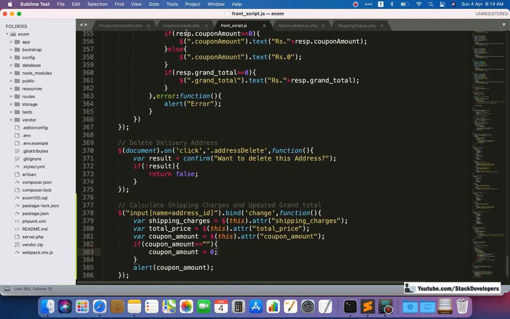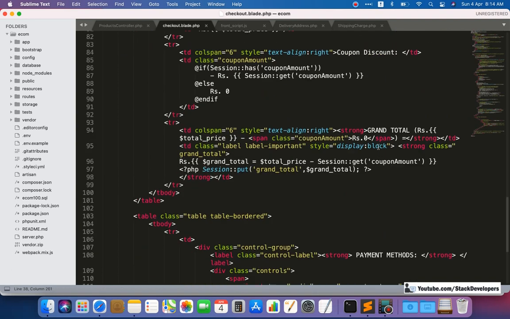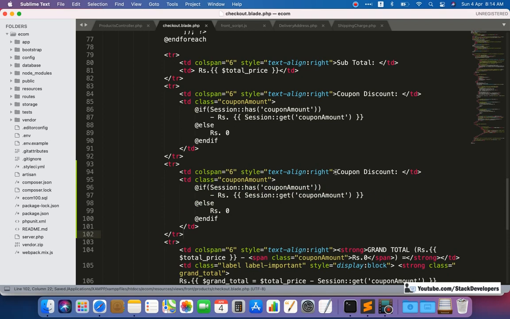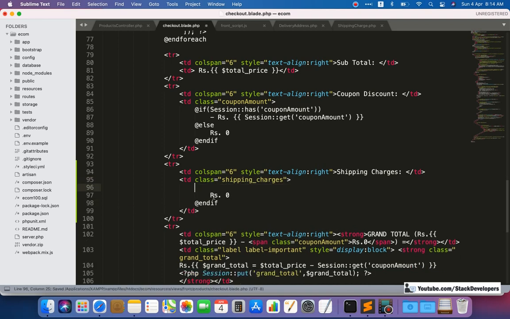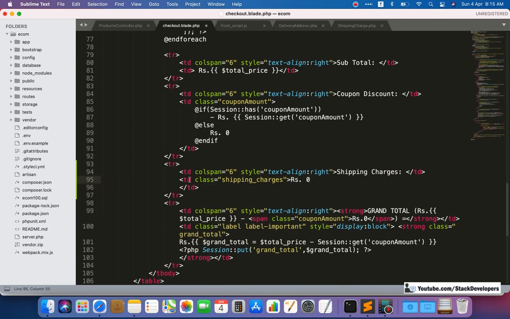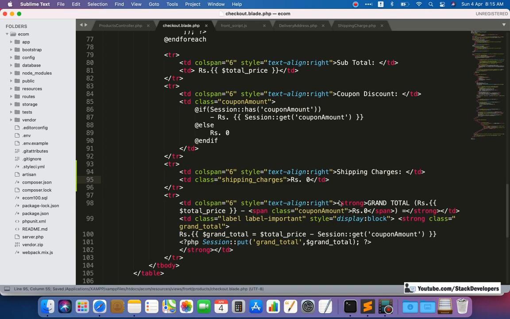And here is one more thing in the checkout blade file. We are going to show the shipping charges as 0 amount initially. Okay, if we do not select any delivery address, then shipping charges is by default 0. Okay, I'm going to do it like the shipping charges, and here we will take the shipping charges class. We are going to take it like shipping underscore charges, like this. Okay, so here we will just give the rupees 0 like this,